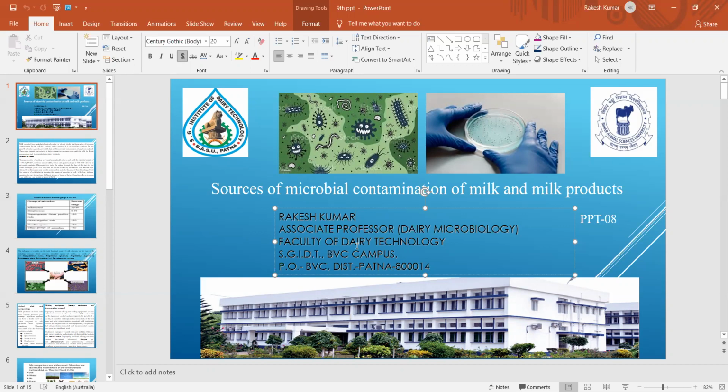Sand filtration is there. Good quality sand is there in an instrument, and simply you have to pass the air through that, and just by doing that you can get an idea of the total bacterial number present in air. Then electrostatic precipitation. You have to remember the names of all these. What are the different methods for enumeration of different kinds of contaminants present in air? Electrostatic precipitation is also very important.